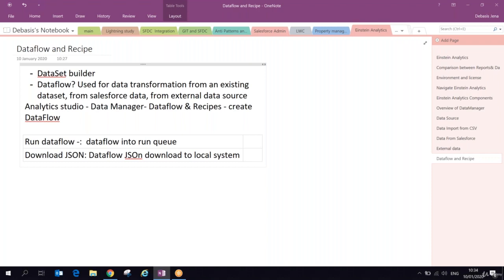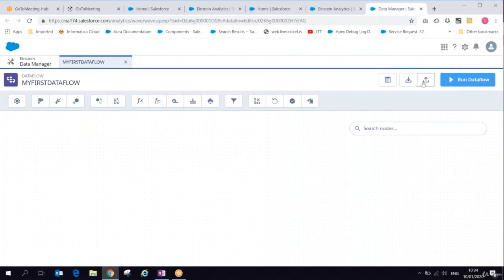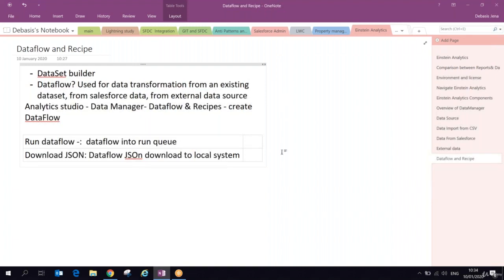So for the upload, what options do we have? You can see one option which is called Upload JSON here. The same way we have one option which we call Upload JSON. Let me write it here: Upload JSON. The modified data flow or the backup data flow which you have taken as a JSON file,